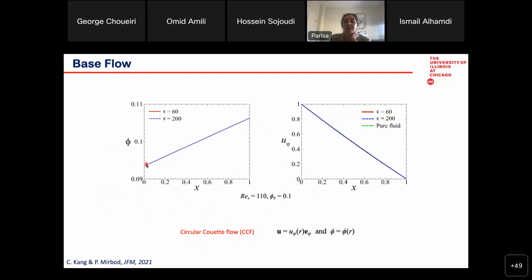cylinders. This means that if you add 10% of the particles before any perturbation or before any instability due to the Taylor effect happens, we just have simple shear flow, and there would be a minimum accumulation of the particles near the inner cylinder, while we have more accumulation near the outer cylinder. And obviously the velocity profile would vary because the inner cylinder is moving, but the other cylinder is fixed. Due to the slip velocity, the velocity would be small.